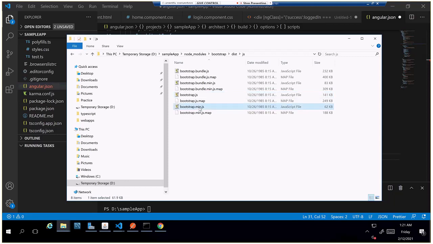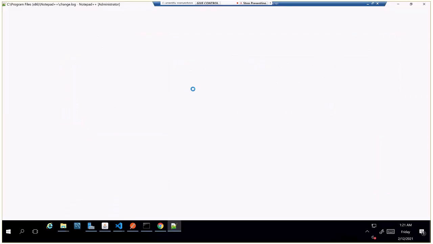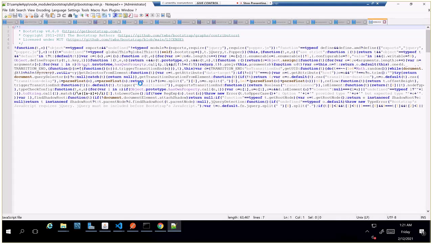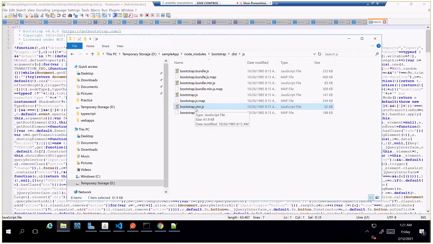And this minified file is a single line file. We cannot debug it; it is very difficult to understand. But usually most people include this one in the production build, right, Srinivas? Yeah. Once the development is done, when we build the actual application, we use the minified version.